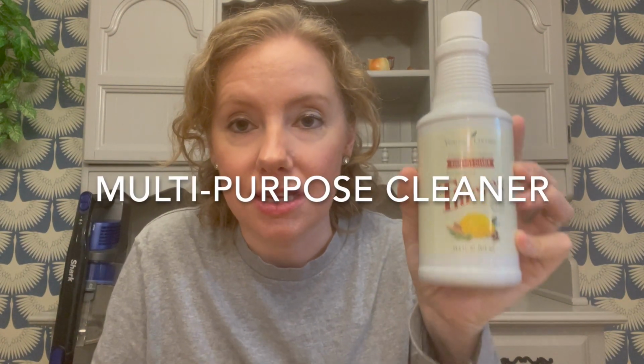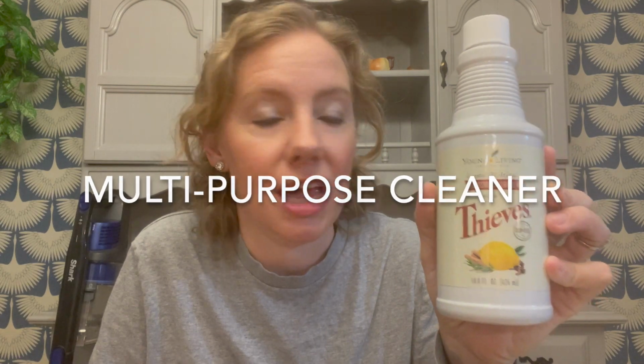I use this. My sister-in-law recommended this to me. I am in love with this. So in love because number one, the ingredients are really good and it's got essential oils in it. I wish there was like smell-o-vision so you could smell it through the screen because this stuff smells so good. And sometimes I will just spray this in the kitchen, put it in this bottle and you dilute it